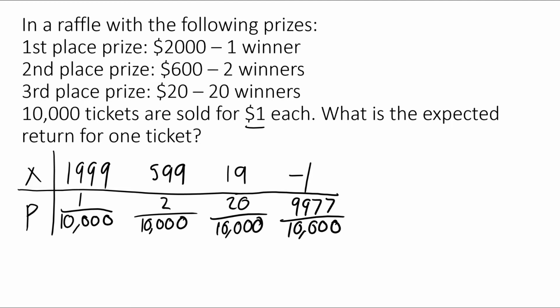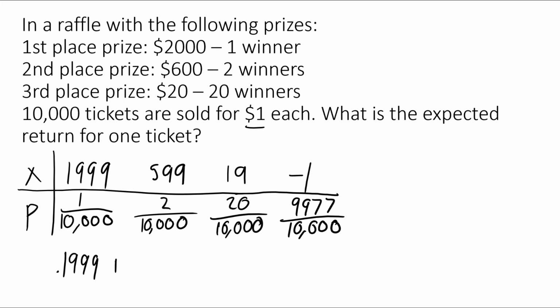All right, so now we have our table set up. We have every possible outcome for X. So either you could not win, or you could get third place, or you could get second place, or you could get first place. But those are the only 4 outcomes in this raffle. So now what we want to do is we want to multiply each x times each p. So 1,999 times 1 out of 10,000, that's